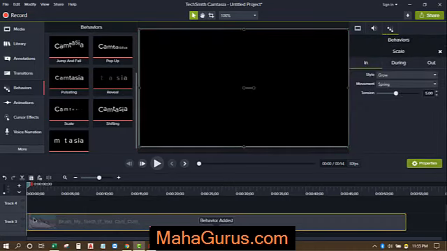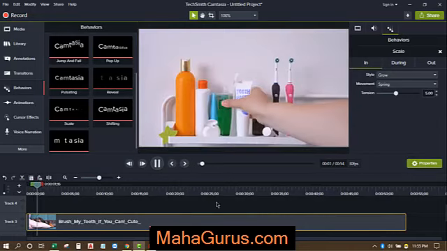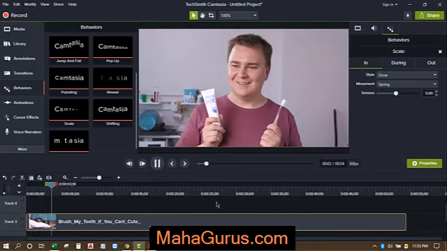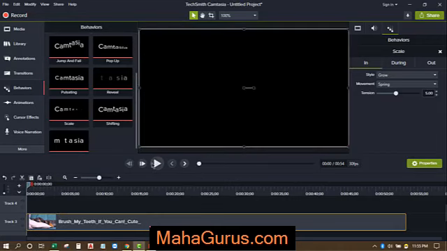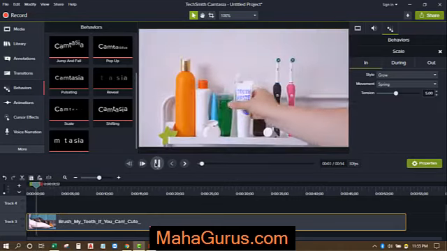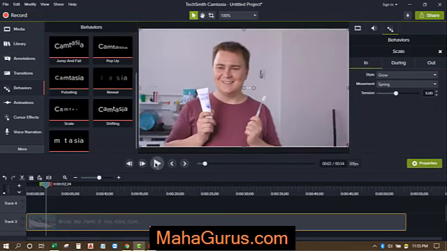Okay, now this behavior will be consistently applied to the entire video. So now if I play that, it will look like this. You can see here in the starting this way. This is with behaviors. If you want to delete it, select the video on which the behavior is applied and